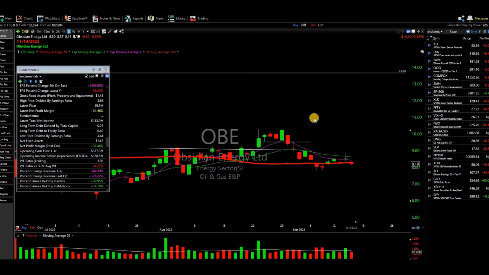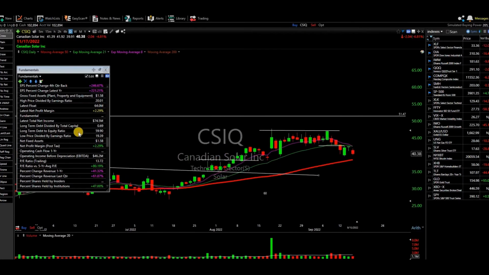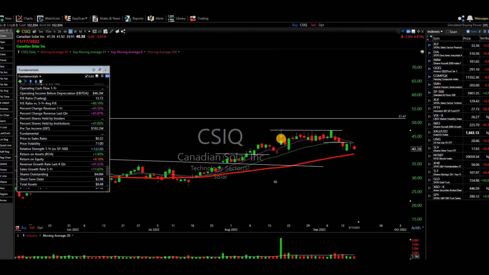The second stock that I traded recently, and I think I mentioned it in one of my videos when I was doing some updates, is CSIQ. This is one of my stocks that were holding pretty well. You can see the gap here, and the stock was taking a hit while going sideways. So I took my trade and bought it right at the close on that day.